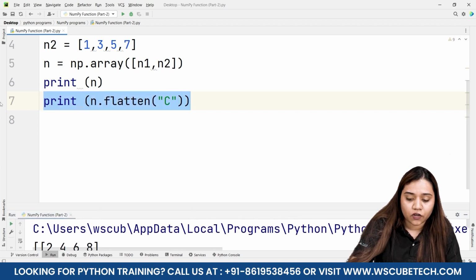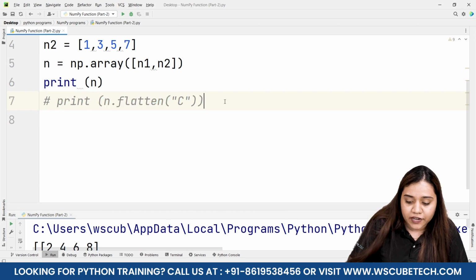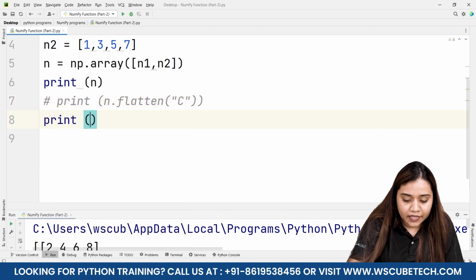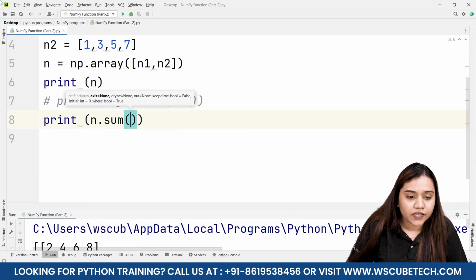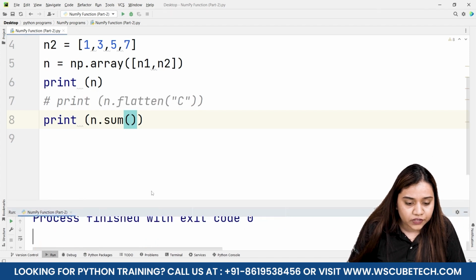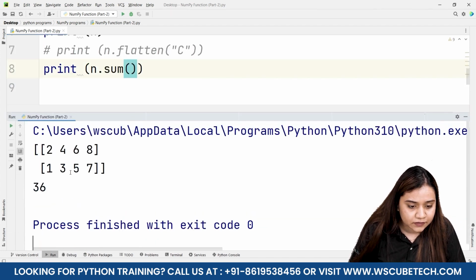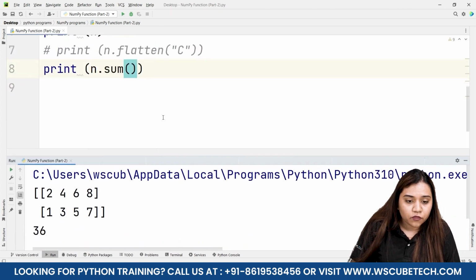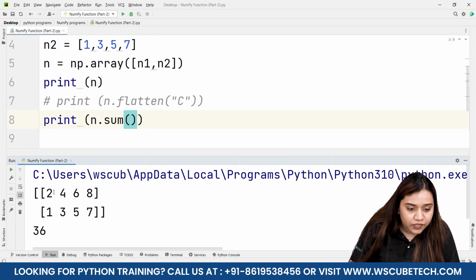Now let's move ahead and talk about our sum function. To write sum, we will be writing print n.sum, and if I run it, I'll get the output in this way, that I'll obtain 36. So it would give me the cumulative sum of all of them. That means it will add all of them, 2 plus 4 plus 6 plus 8 plus 1 plus 3 plus